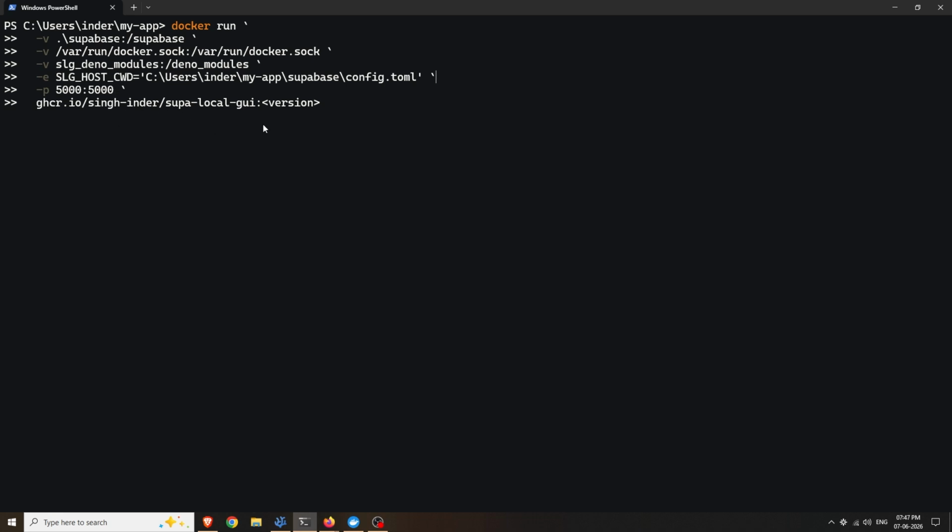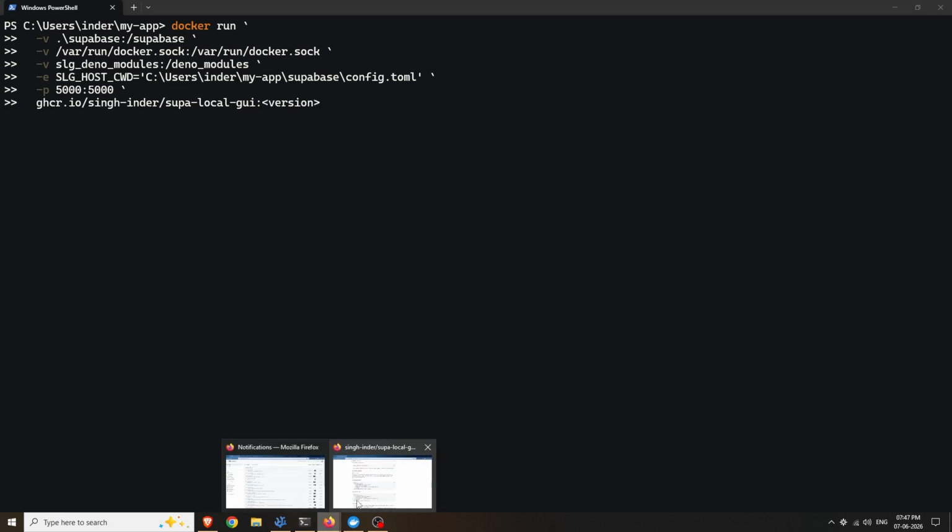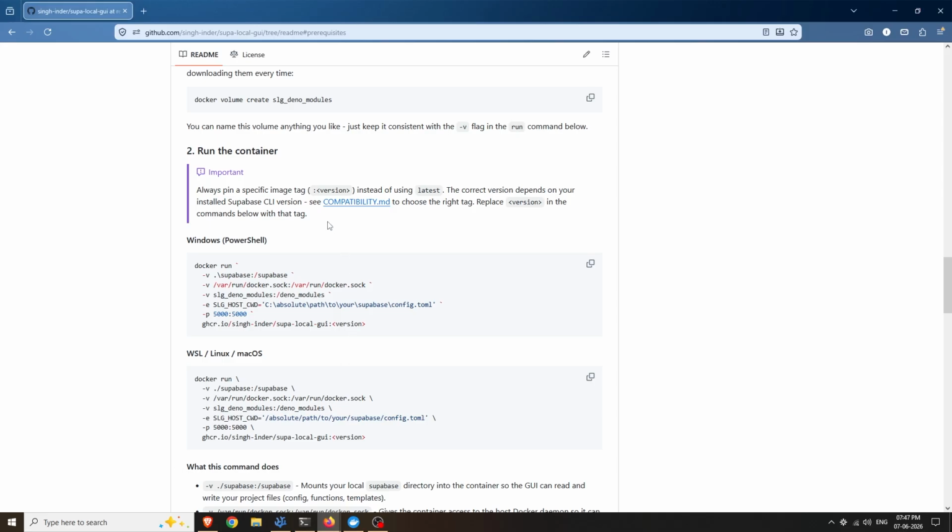Okay, so let's talk about which image version you need to use. Let's go back to the documentation. Here you'll see that you should always pin a specific image tag instead of using latest. Now you have to open this compatibility file,